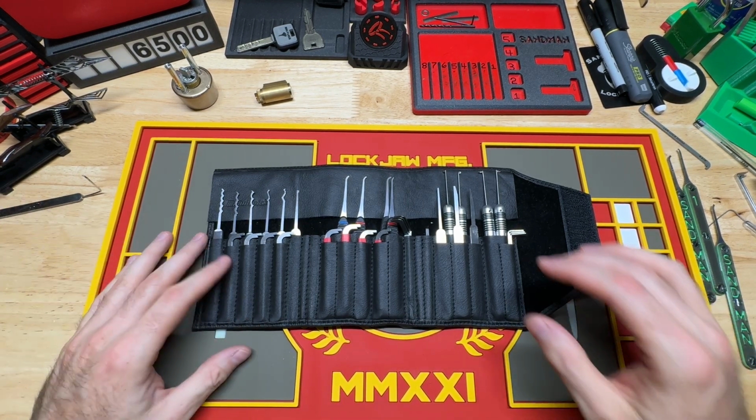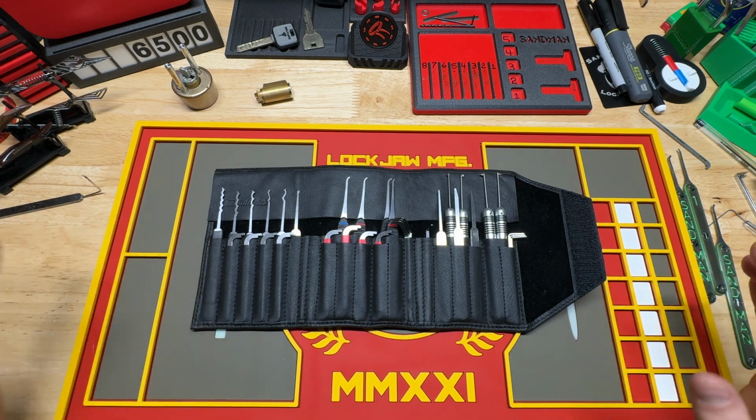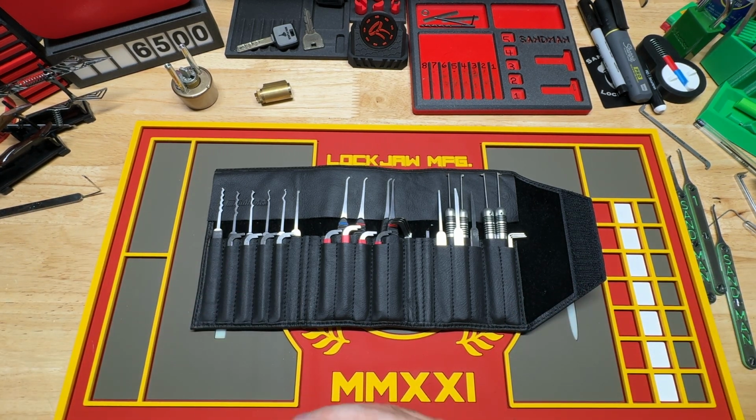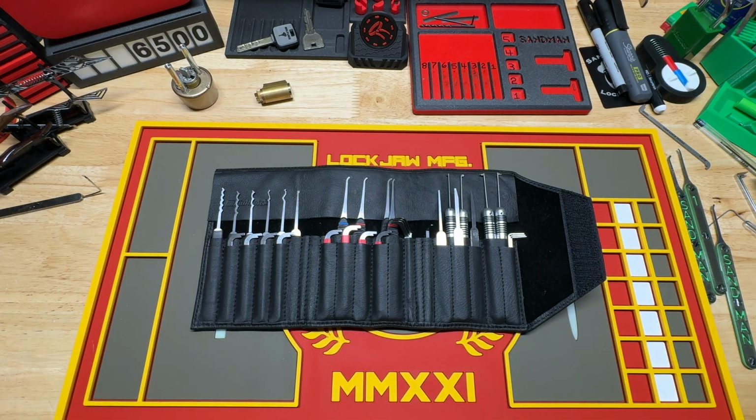I worked for Papa Lock. I worked as a locksmith in a shop. I've done calls on the road and stuff like that. I'm very limited in that experience. I only did that for a total of, I don't know, 7 months across 2 or 3 different companies. But this is what I would carry in any type of situation,